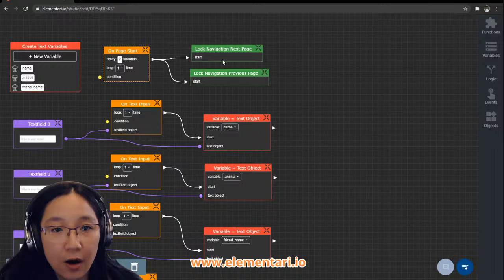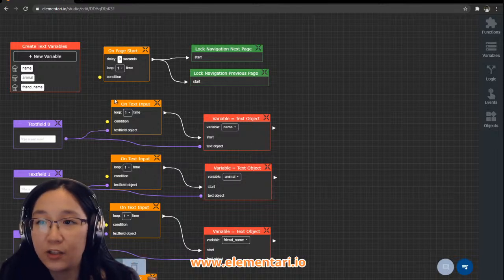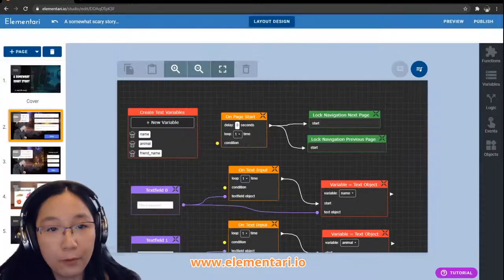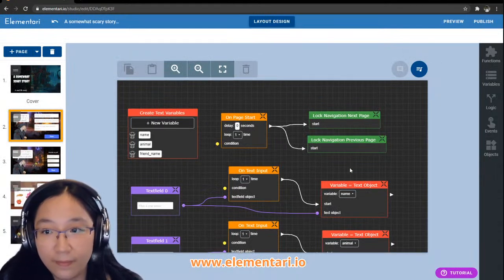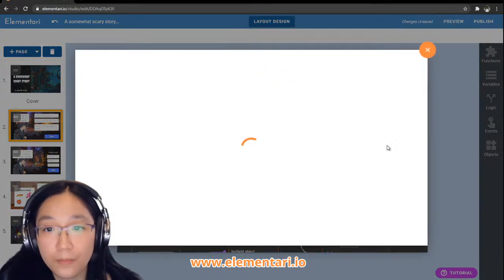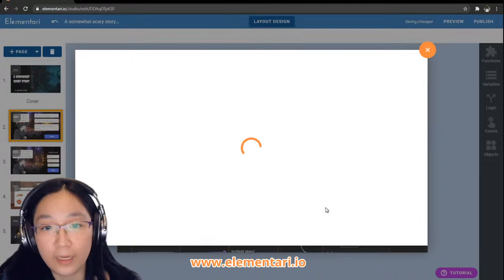On page start, lock navigation left and lock navigation previous page. This is basically saying when you enter this page, you can't swipe left and right. You can't navigate using the arrow keys. Can you think about why we want to do that? So when I preview, I'm in the read view.